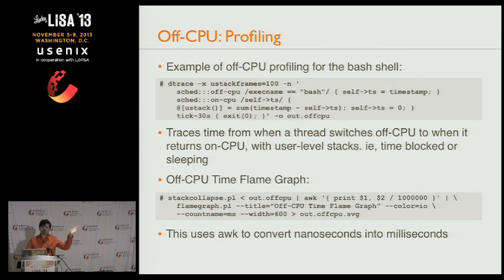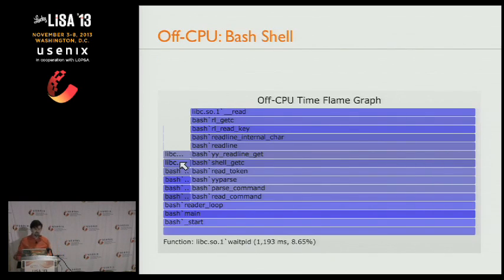So I have examples. You may not want to use DTrace. You may want to use something else, and that's totally fine. Just to give you a sense of how this is implemented, I'm asking my profiler to take a timestamp when the scheduler puts us off CPU for the target, say bash. Then when we go on CPU, I calculate the delta time, the time we were off CPU. Then I can sum it by whether it's a user stack backtrace or kernel stack backtrace or both, and then I can turn that into a flame graph.